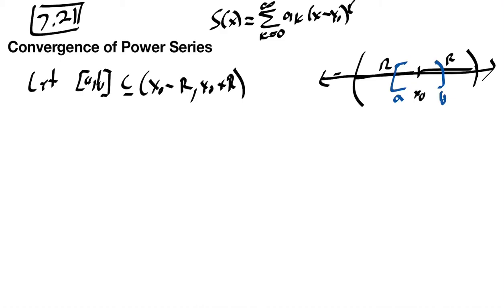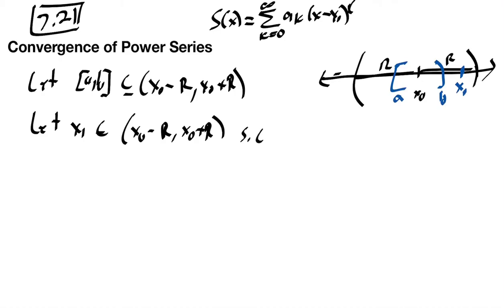some a and b, and really all we just need to do is show that it's uniformly convergent, so we need some way of comparing everything in that interval to what's going on. All we're going to do is find some x1 value outside the interval. And because AB is closed and it's inside an open interval, we know that's always possible. Okay, so let x1 be an element in x naught minus r, x naught plus r, such that